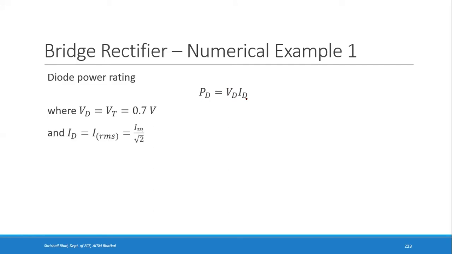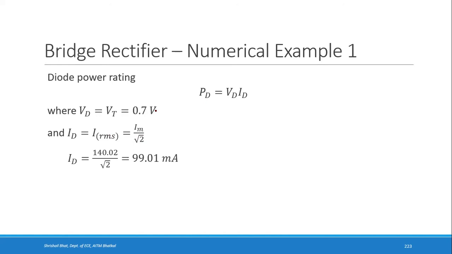From Im, you have found the value of Im. From that, you can find IRMS by dividing by root 2, right? Im is root 2 into IRMS. So IRMS is Im by root 2. If I divide 140.02 by root 2, I'll get around 99 milliamps. ID will be 99.01 milliamps. Is it right? Did you get this?